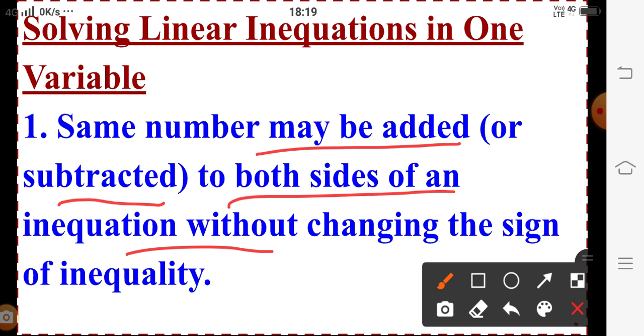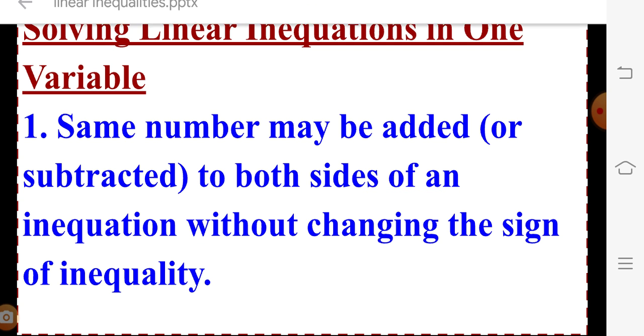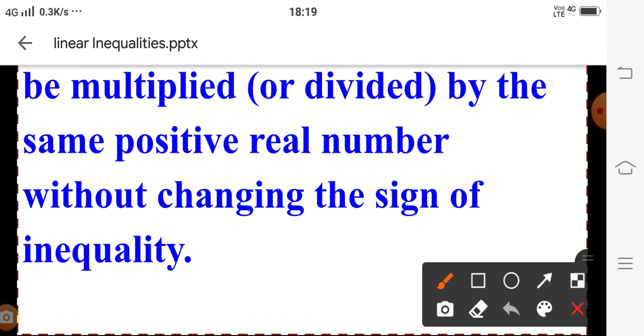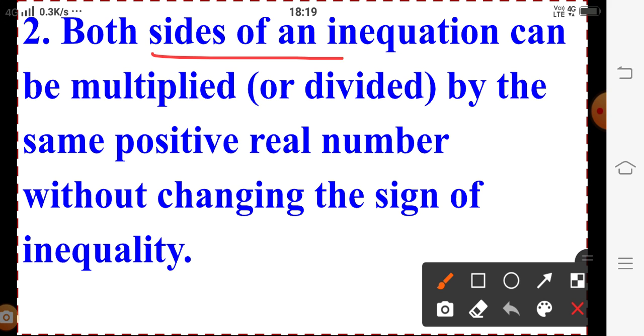Similarly, if the number you are getting is in multiplication, then we are dividing by that value on both sides. When we are solving an equation, we take one term to the other side of the equal sign, but here we are not doing the same. Here we are just eliminating the values by using these steps.